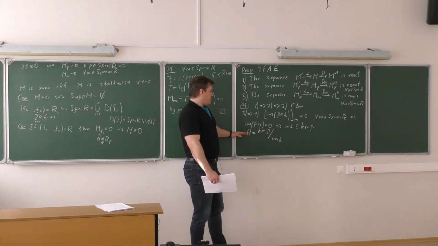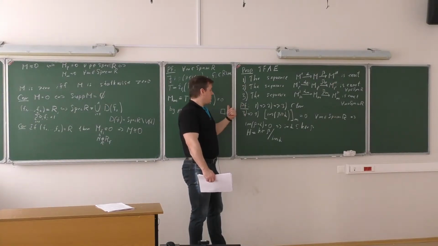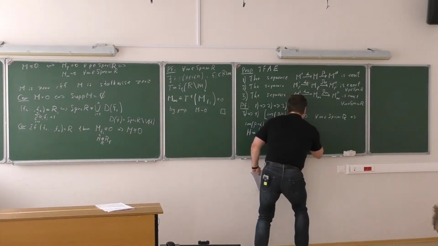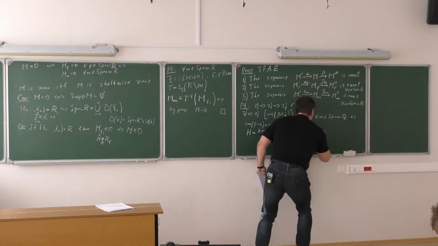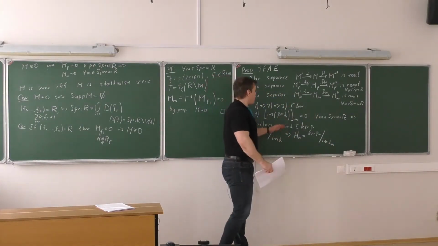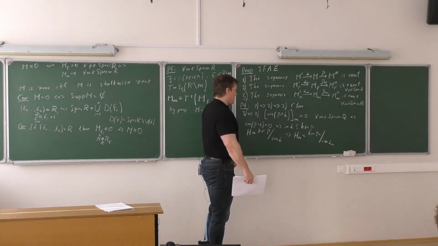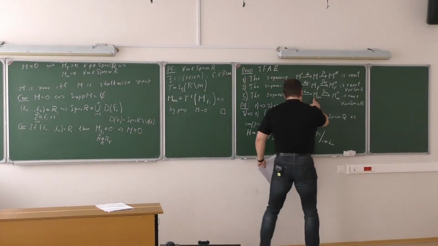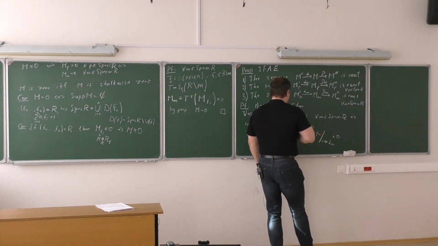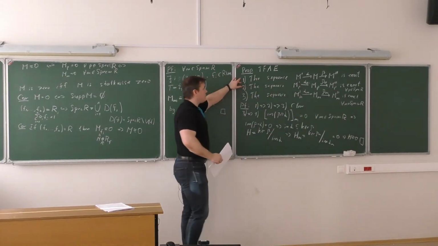So this H is defined by a short exact sequence. We have H, which is covered by the kernel, and the kernel of this cover is the image. So by exactness, the localization of H at any maximal ideal is the same thing as the kernel of beta_M modulo the image of alpha_M. But we know that this is 0. So no homology for this short exact sequence. The kernel of beta_M is the same as the image of alpha_M. This is the exactness. Hence, this is 0. And again, since the localization of the module H is 0 for any maximal ideal, the module H itself is 0. So the original sequence in position 1 is exact.